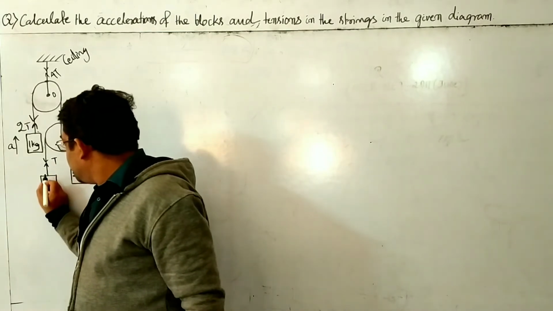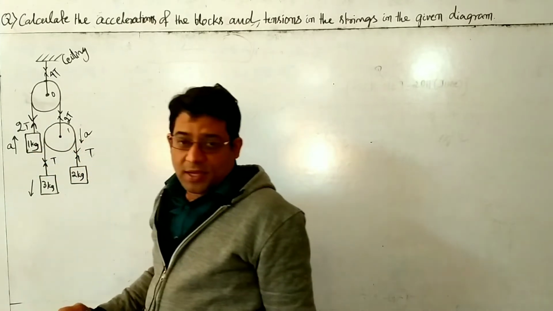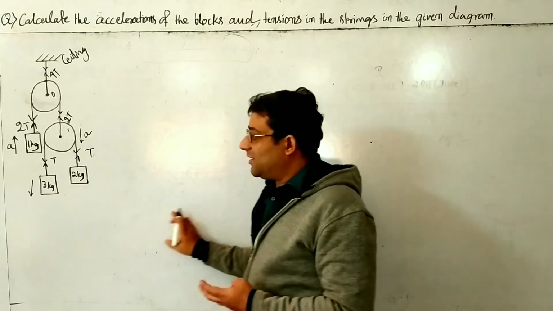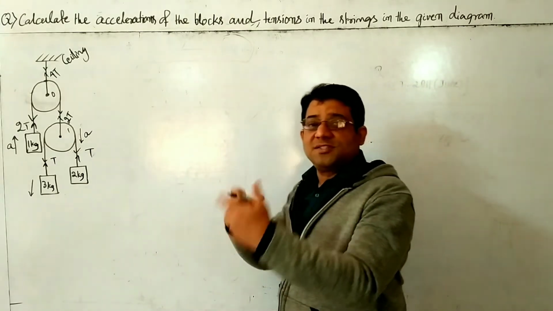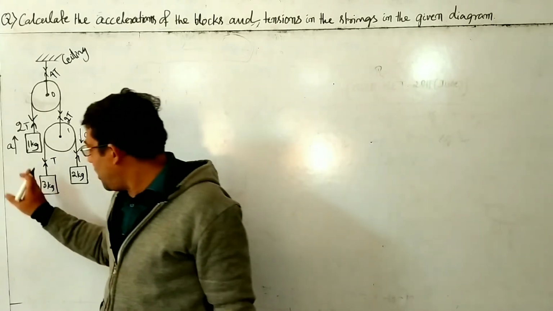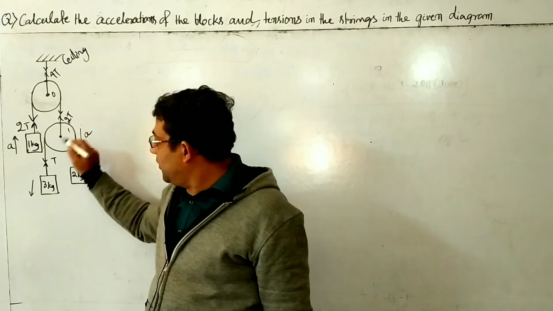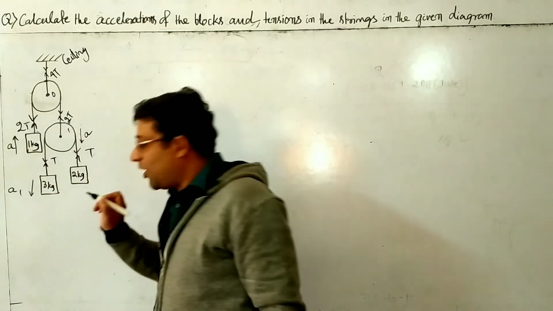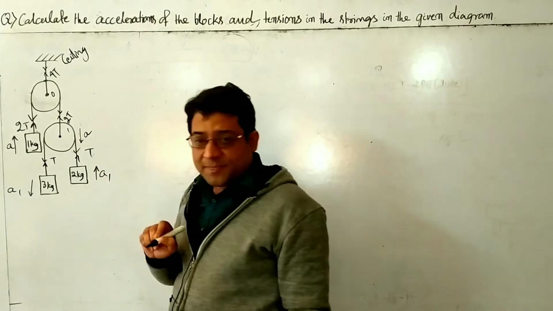So the acceleration of this 3 kg, let us say it is coming down. When I say let us say, it is a pure assumption, right? Whenever the calculated acceleration comes negative, our assumption is just the opposite. We will do that finally. Now I have assumed it downwards, so it is pulley 1, so we will take A1 related to pulley 1. Now if this is going down with acceleration A1, this will move up with the same acceleration A1.